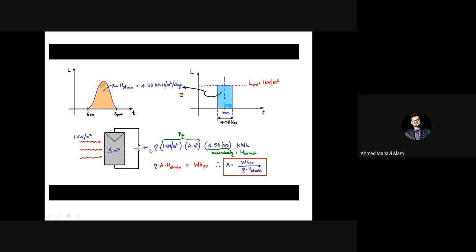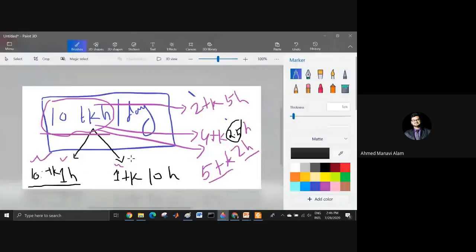So in order to find the WHPV, suppose this is my PV cell and the standard insolation is 1 kilowatt per meter square. So with this standard insolation, in order to get the output power, you remember, my